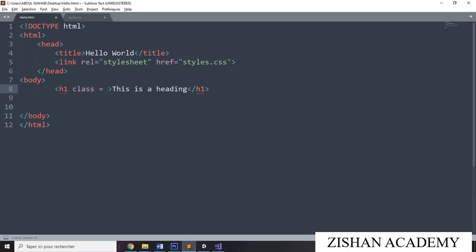I am giving the name of this h1, h101. Any number, any name you can give for this class. And this is the heading. I am giving it here in blue color.